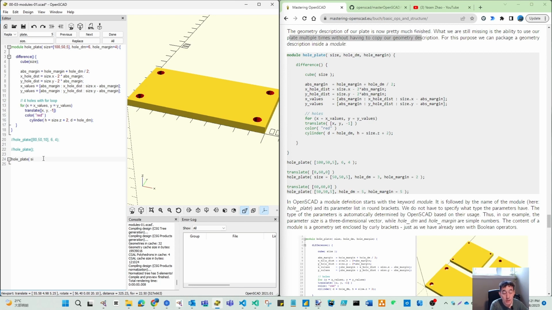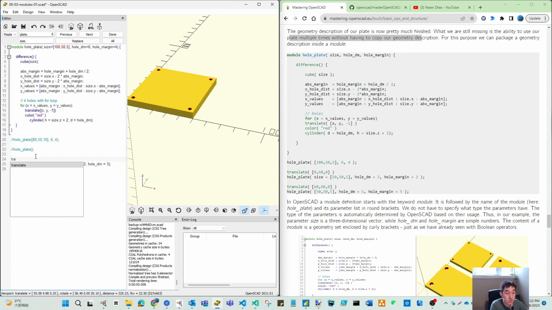But if you give some names, then you can put them in a different order. Like let me test. I mention hole margin first. Hole margin is 2. Then I mention hole DM second. This is 3. So can I get those things? Yes. That's no difference because you now define the values